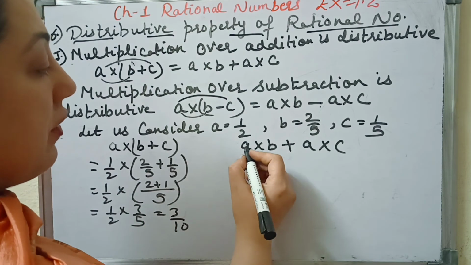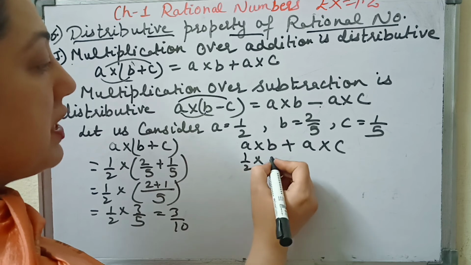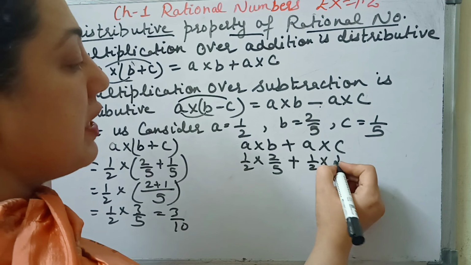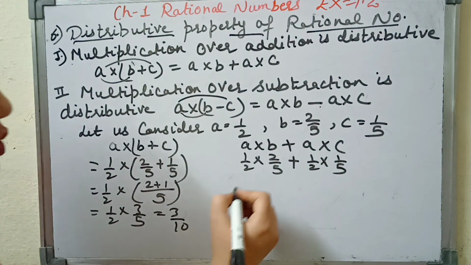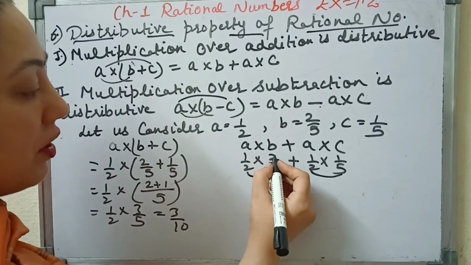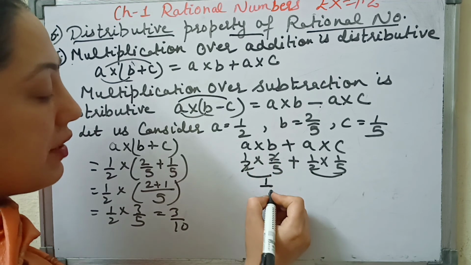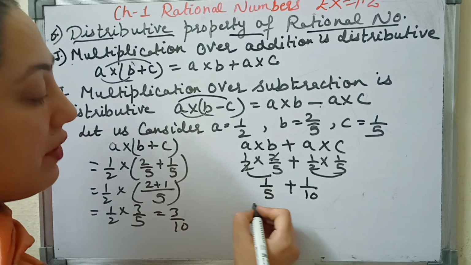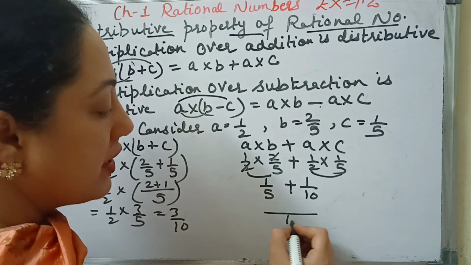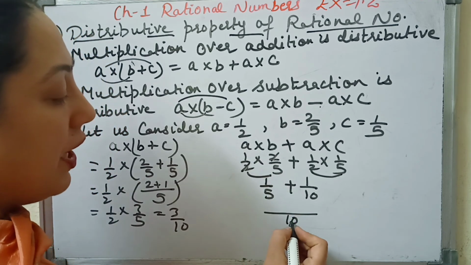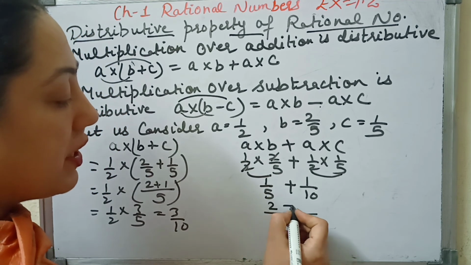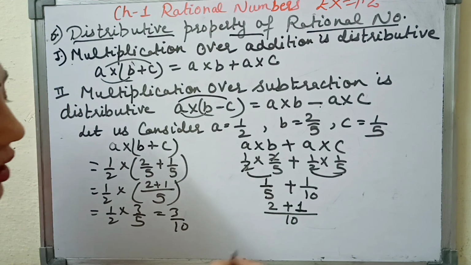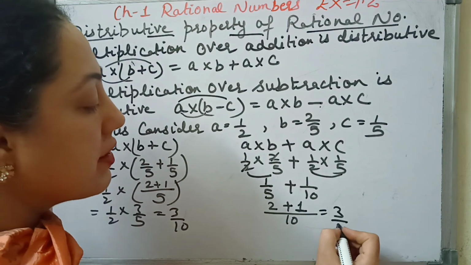On another side, when I put the values, A 1/2 multiplied by B 2/5 plus A again 1/2 and C 1/5. According to BODMAS, first of all we will do the multiplication. 2 cancels out with 2. We will get here 1/5, and in the second term I will get 2 5s are 10. Again I will take the LCM of 5 and 10. I will get 10 here, and when 10 is divided by 5 I will get 2, which I write down in the numerator, and when 10 is divided by 10 I will get 1 and write down 1 in the numerator, and 2 plus 1 again it is 3/10.